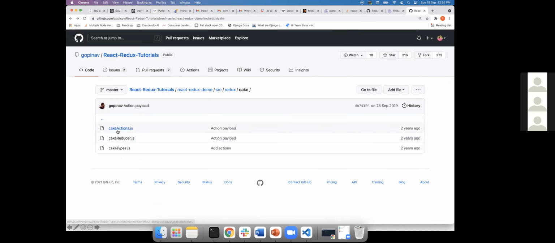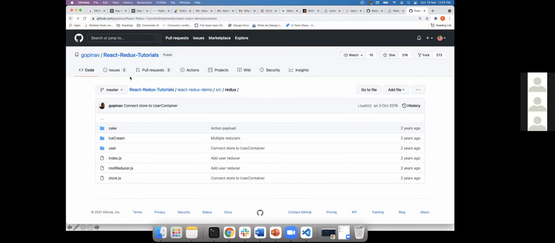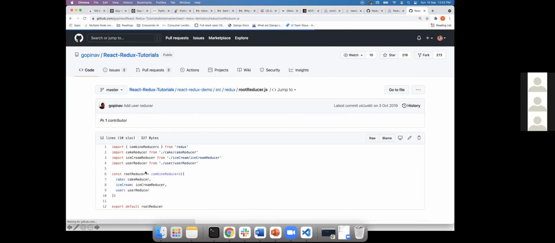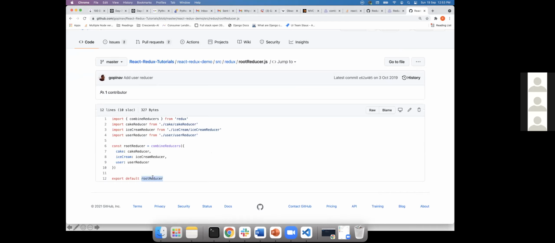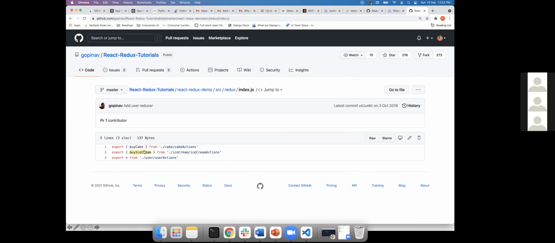And then there is an action, again a function. By default, they're sending one number, or else you can send the argument. Makes sense, right? Likewise, they create multiple reducers, and then they use combineReducers by passing these. You see, they're importing combineReducers from Redux, and reducer 1, reducer 2, reducer 3, and then export it by default. And then in the index.js, they import all the actions for no reason.